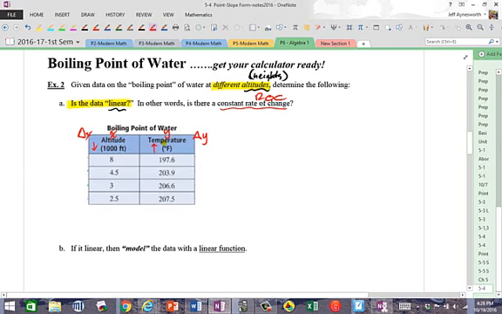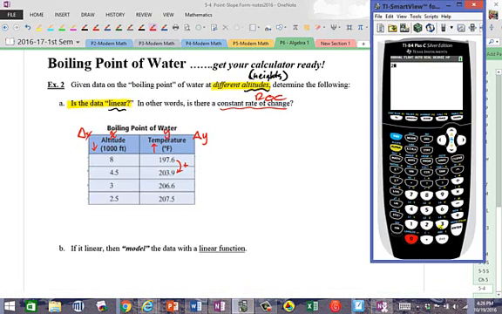So the question is, what's the linear function? Is this linear? Okay, and if it is, what's the function? So we need to calculate the change in y right here. So obviously plus something, all right? The question is what? And so the question is, how do you get that? Well, you simply subtract. So 203.9